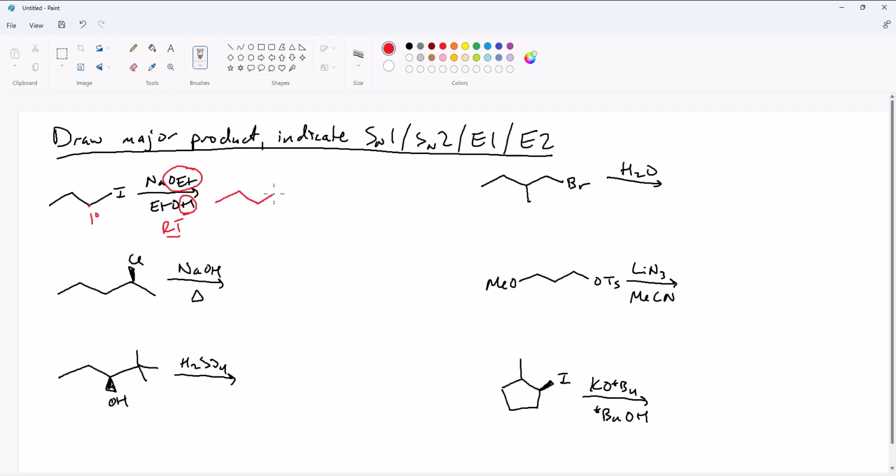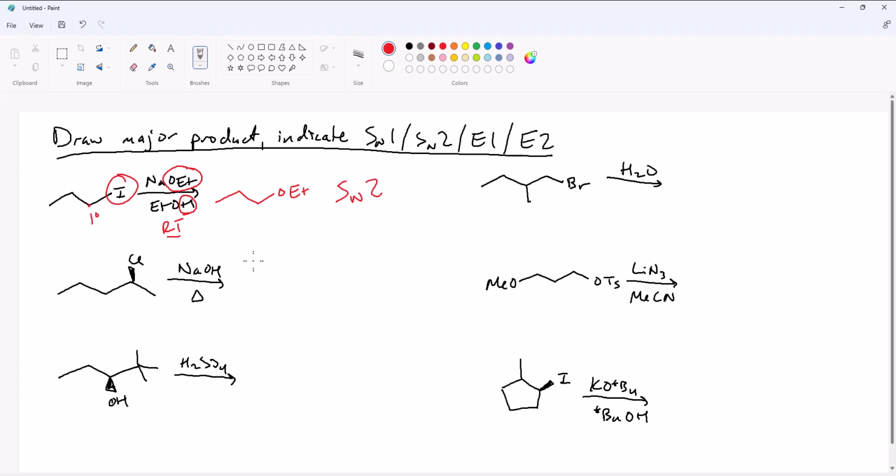So we're going to do a nucleophilic substitution on the iodide. So this would follow, we're going to do nucleophilic substitution on the iodide, replacing it with an OEt. And if we're trying to decide between SN1 and SN2, this is primary, so this is going to be an SN2 type mechanism. We wouldn't form the primary alkyl halide in this case, or the primary carbocation is just too